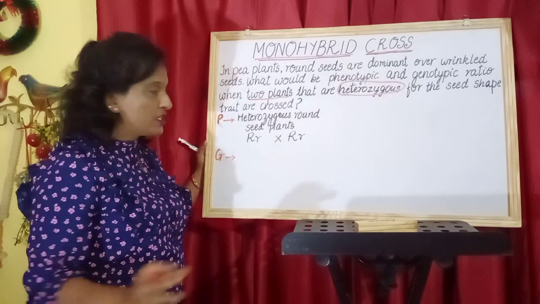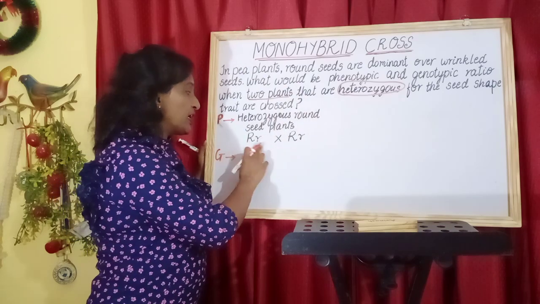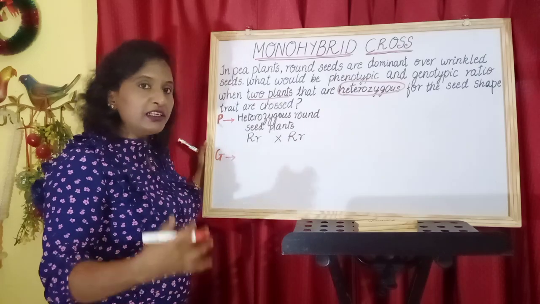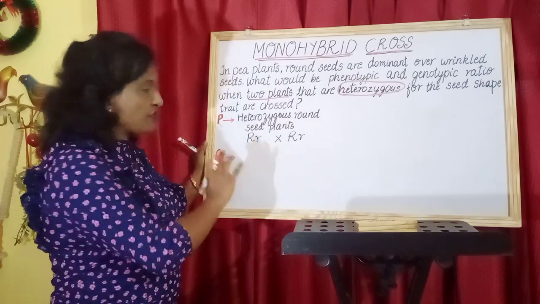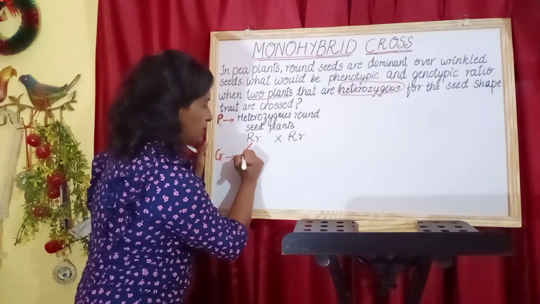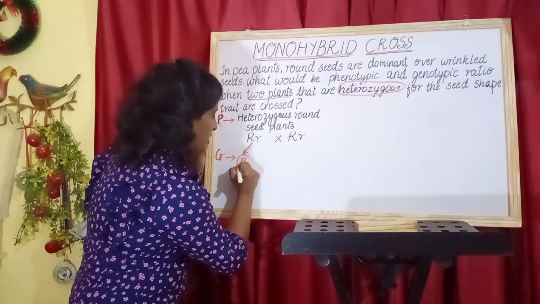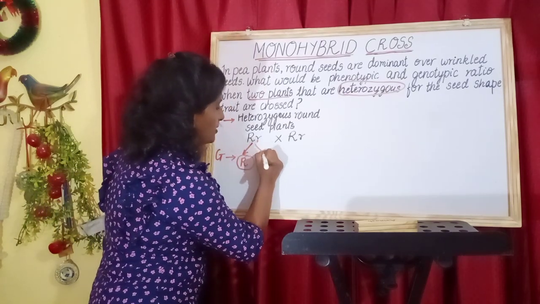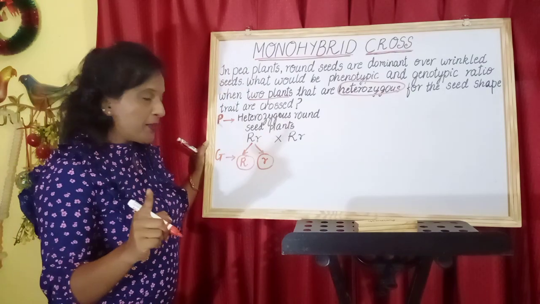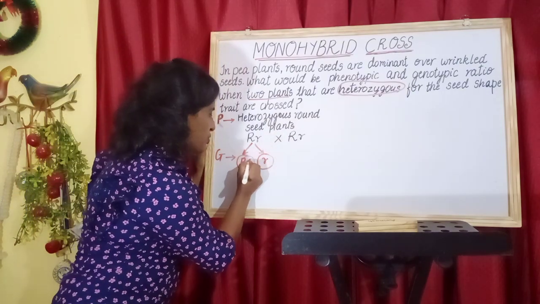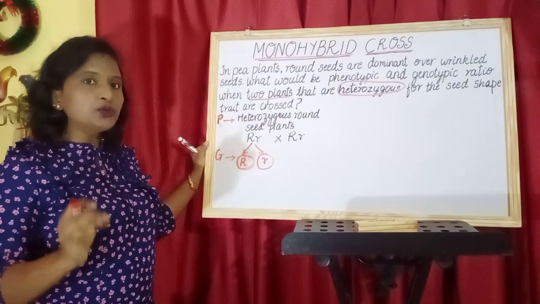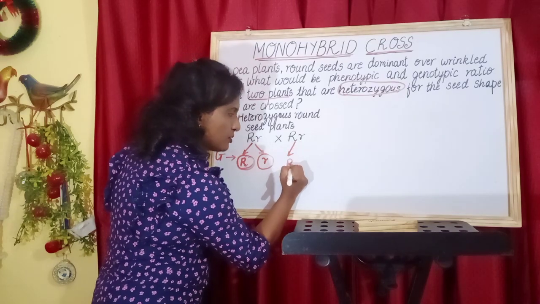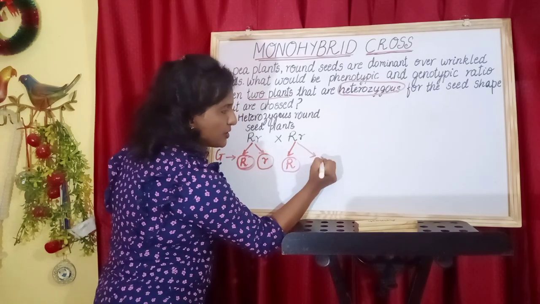The organisms are diploid, and for each character we are taking a pair of genes or alleles. So definitely in the gamete it will be half the number of alleles mentioned in the parent. So how do we write it? We will write capital R in one gamete, small r in the other gamete. We should also remember that each gamete should be encircled like this in order to show that those are the gametes. Similarly, for the other parent also, we will write down the gametes.